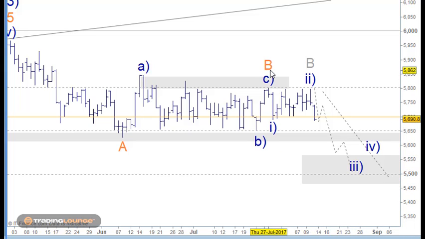So we've either got wave B here or we've got wave B over here. But for the time being, I've labelled it just wave 1 and wave 2 here. And it won't make that much difference because, as I mentioned, so far we've got 5 waves moving down through to here. So our job will be to see